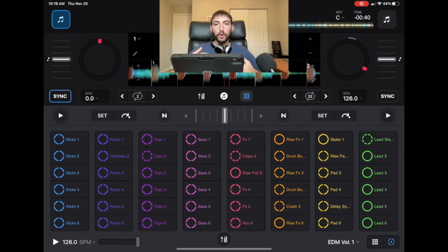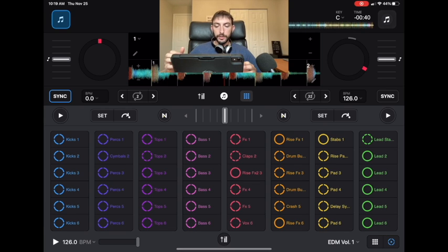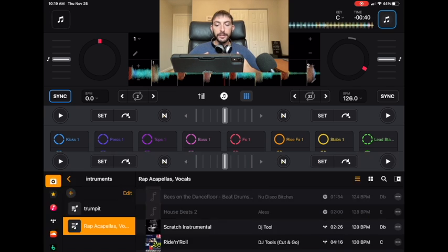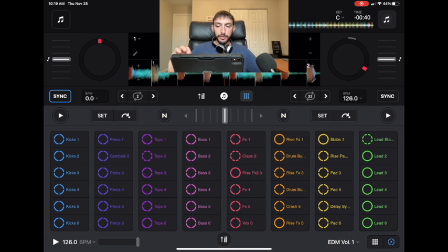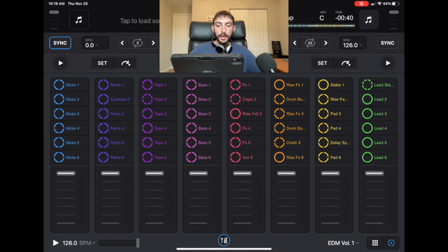To give you guys a quick overview of the looper, it's not the only tool in this app that we're using, but it's one of the more important ones. So in 2-deck mode, if you press these squares over here, you have access to a full looper, and this is good for when you want to mix songs into your tracks or stuff that you recorded and add it to the looper. But if you go over here to the looper mode, it gives you access to these